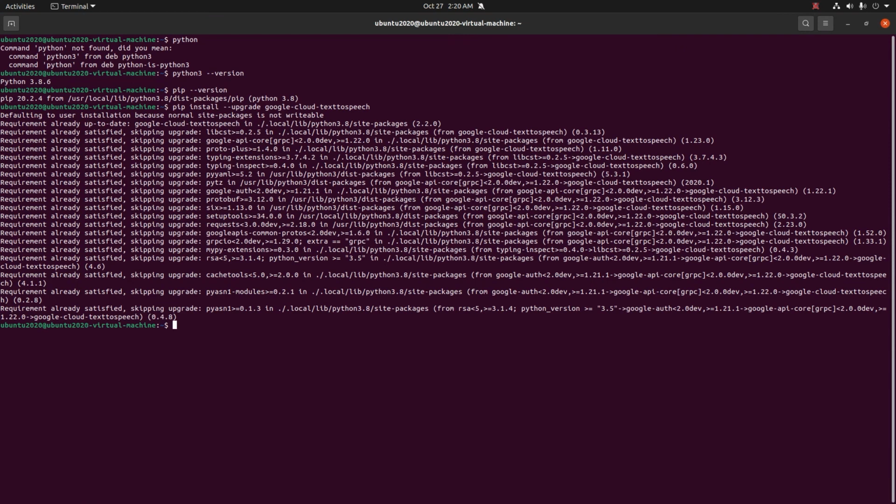Now to run the code, we have to go to that folder. First we go to the desktop folder, where we created it. Then cd, and the folder name is my Python TTS. Now we have come to that folder. Now you just have to run Python 3 and the file name, quick.py. Whatever file name you give, the .py is the main part at the end.